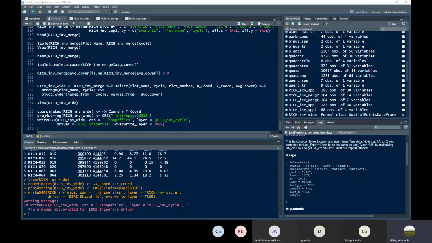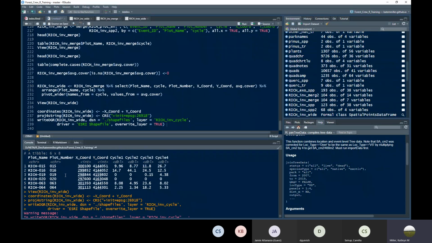Metric 13 is cheating. So we're displaying this information in two places. We're doing it as a shapefile that we're going to plot on a map, but then we also are outputting it as a table. So metric 13 is actually a table, kind of like what you did for the seedling and sapling table by cycle. And instead of redoing all of that again, you either could have taken the rich invasive wide before you added the coordinates and proj4 string to it. So,